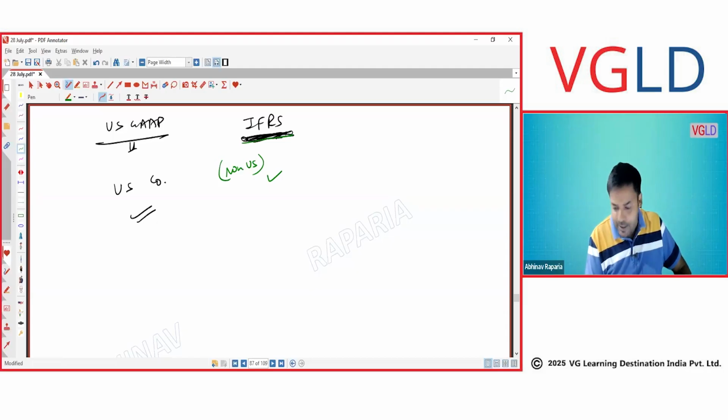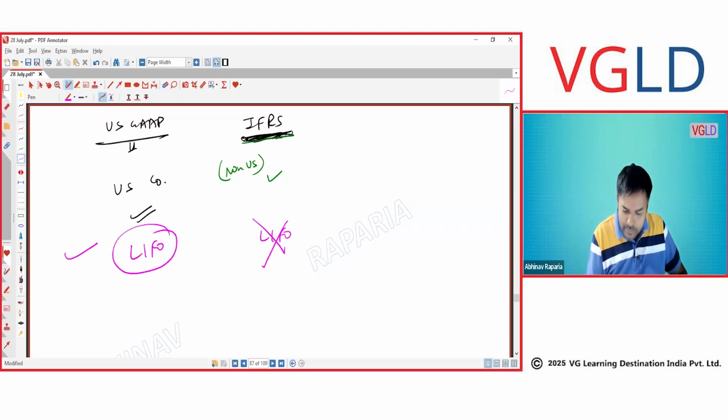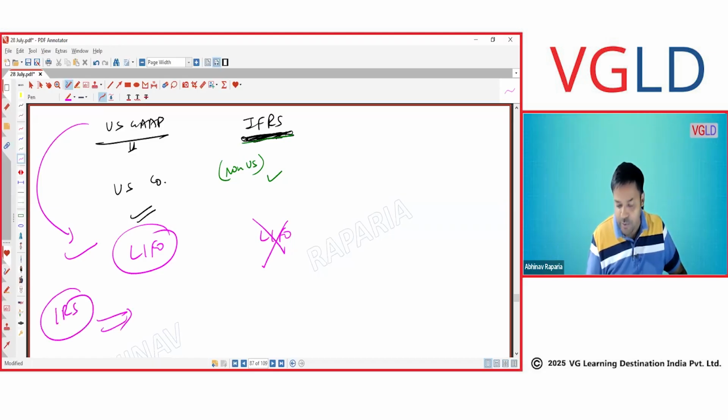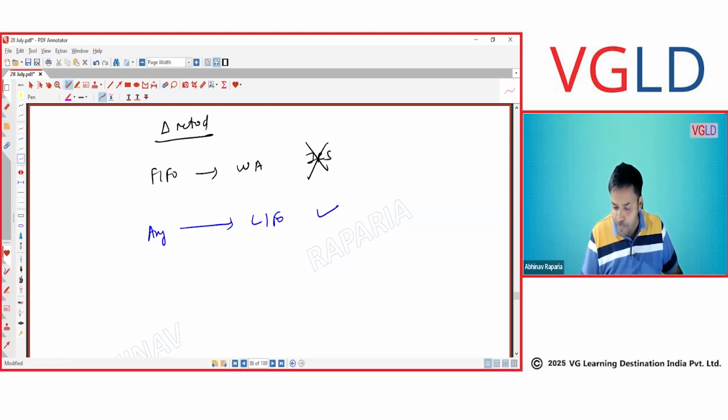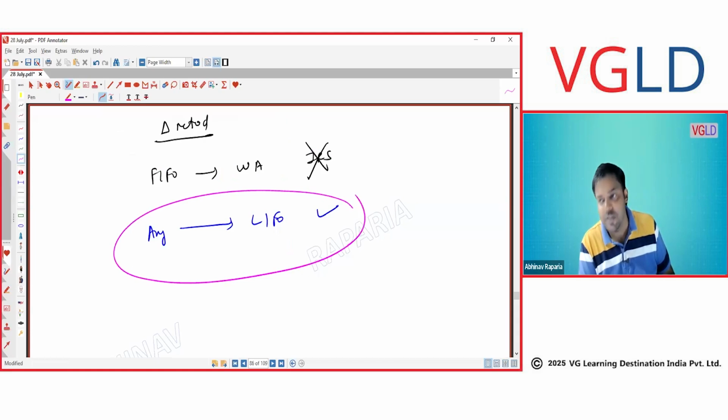In this case, IFRS does not allow the LIFO method, because LIFO is manipulative. These are accounting rules. But LIFO is allowed by US GAAP, and the IRS, IRC also allow it. But if you are changing it, you need approval from them. That's all. And if they find it's a genuine case, they will still allow it. I hope my point is clear. That's what I'm saying. Should I repeat anything?